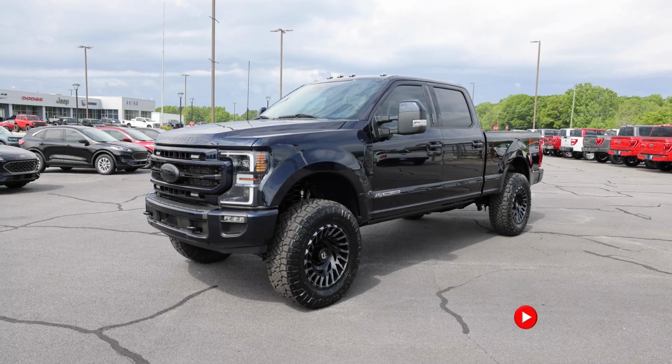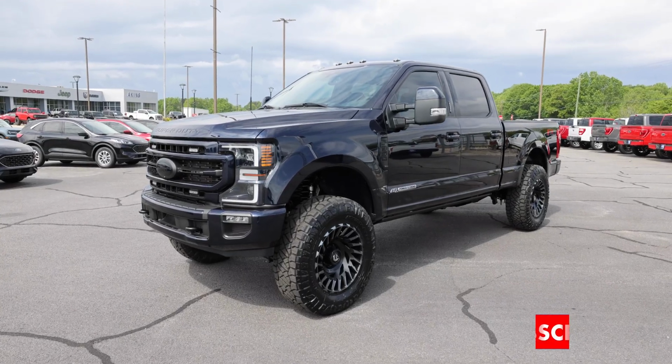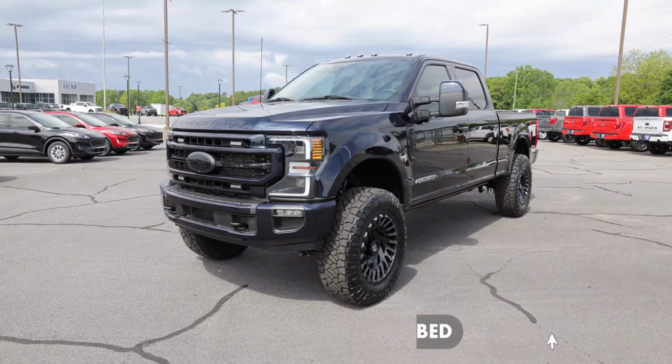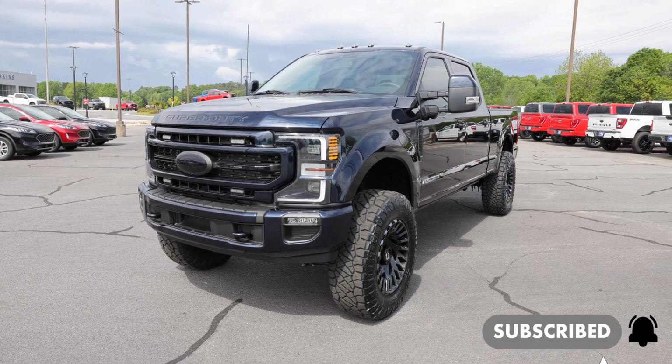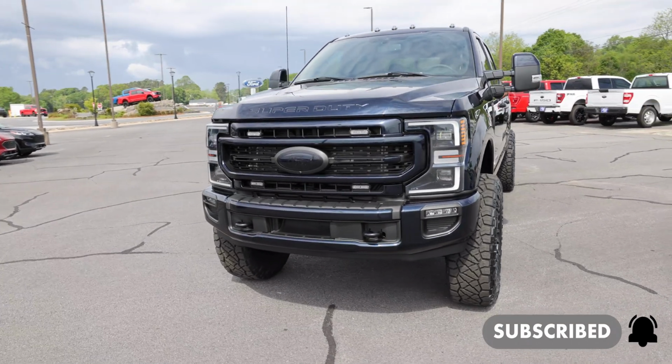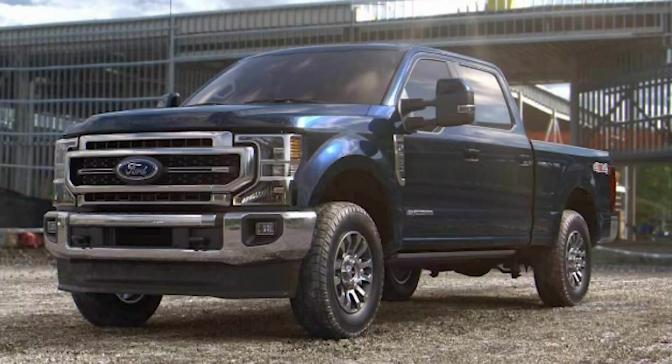So this truck is a game changer, I'm telling you. A '22 F-350 Lariat Antimatter Blue that had a chrome appearance package, and there's not a lick of chrome on there, y'all. So what you know about that? Up front, check out the before shots of this truck. You had a chrome bumper, chrome grille, chrome emblems, chrome headlights,